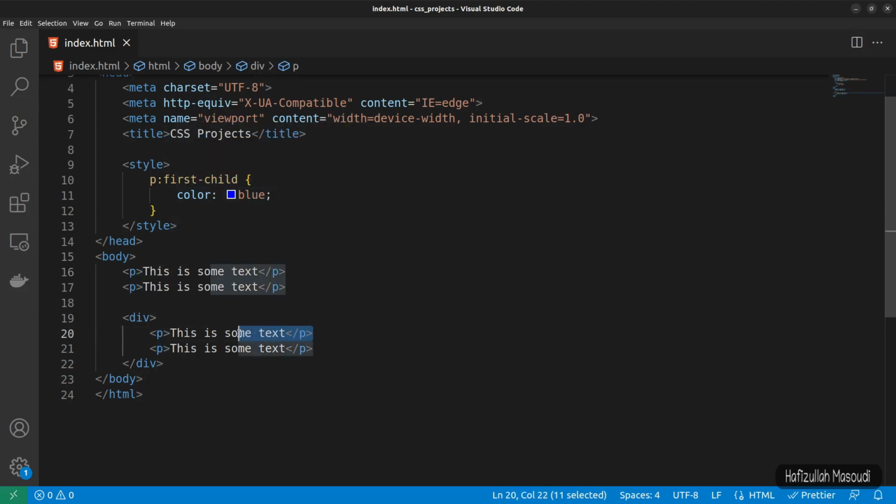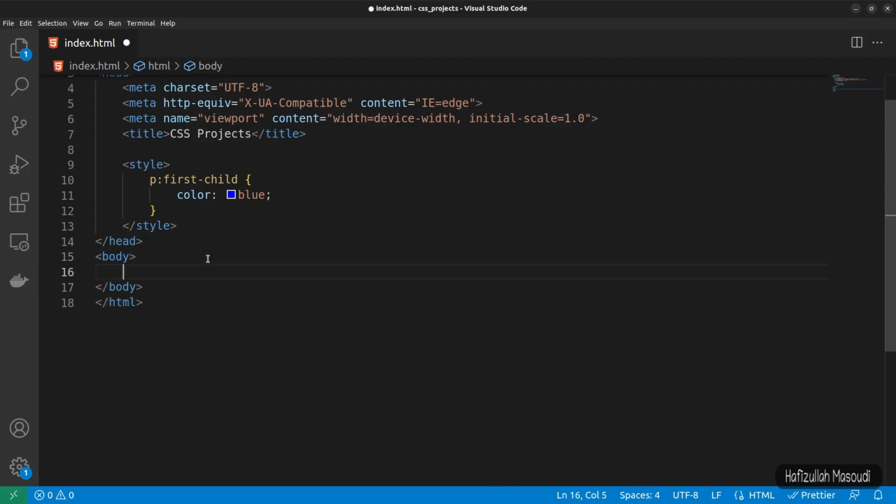and this other paragraph, which is the first child of this div, is also getting the blue color. So to show you some more examples, let's remove all of this code from here, and let's create another paragraph, and let's create an I tag, and in here let's say strong, and outside the I tag let's say person, and let's say another I tag, and let's say strong, and in here let's say person, and let's